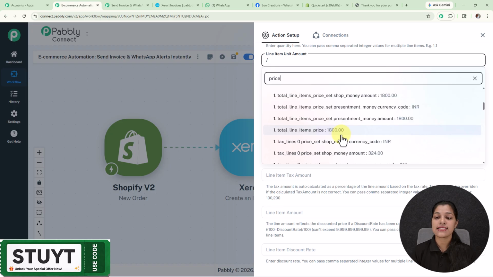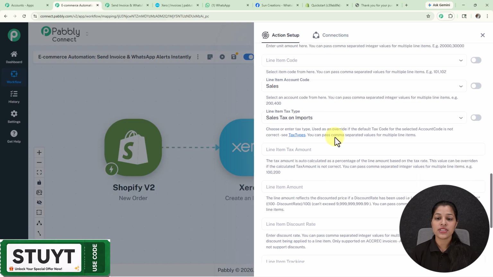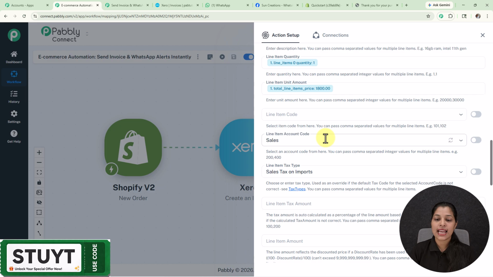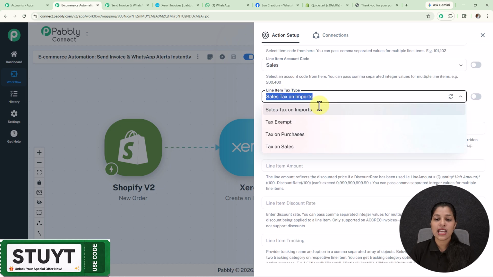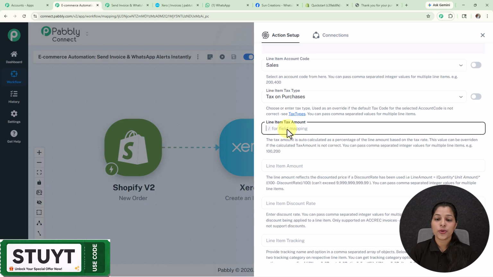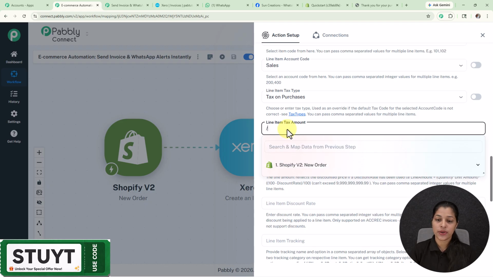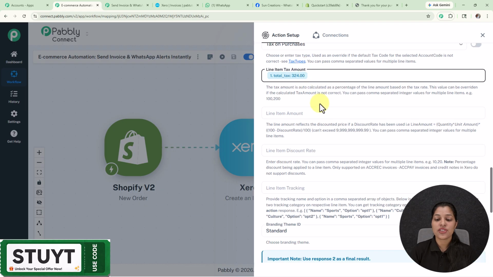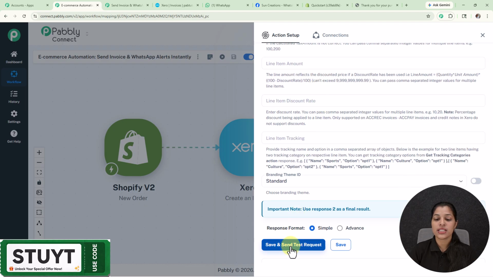So here you can see this is the price of the item, and here I have selected my line item account code as sales, and now for this line item tax type I'm going to select it as tax on purchases, and here I'm going to map the tax amount. So here I'm going to map it from the response, and here you can see this is the total tax which I have mapped. Now we just have to click over this save and send test request,